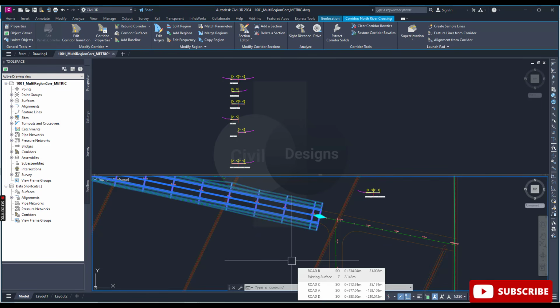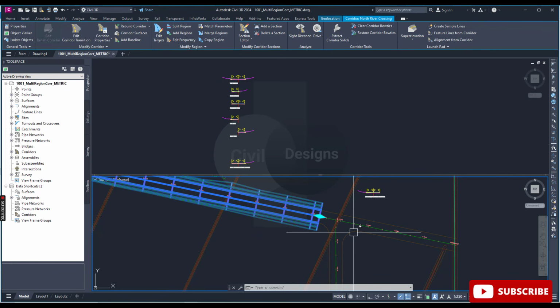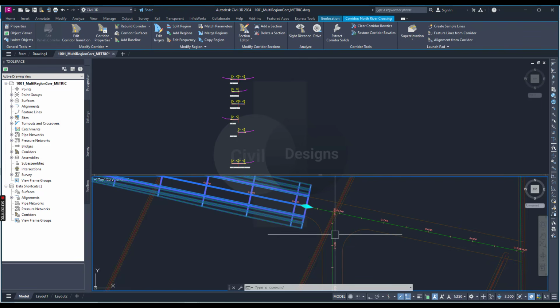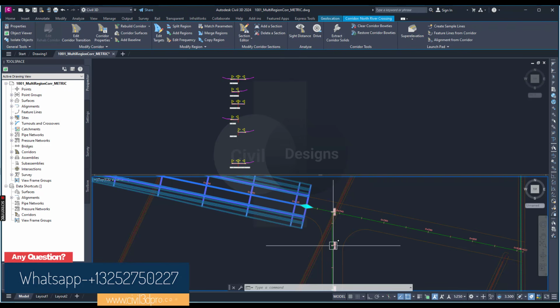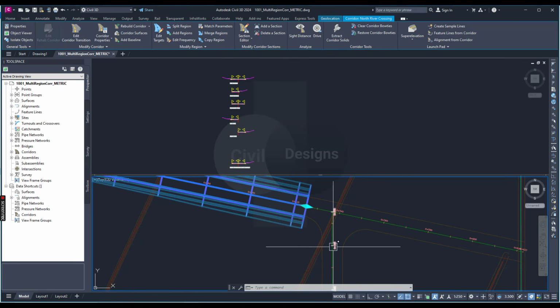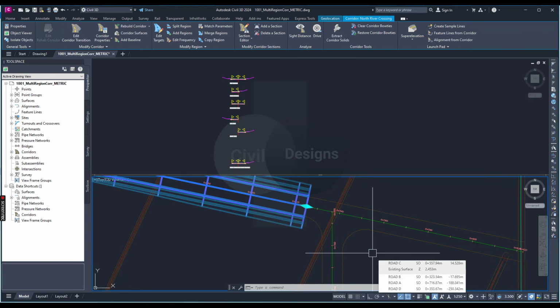You would not want the curb and gutter, sidewalks and daylights to shoot through the intersection on the right side of the road. In this situation, you need another assembly, one without curb and gutter on the right, since it is needed only in the intersection area. You will add a region that picks up where the first region left off and ends at the endpoint of the opposite curb return. Just go back into the corridor properties,